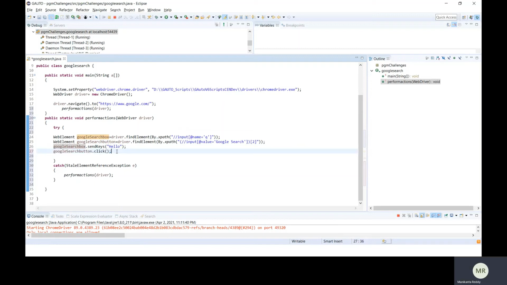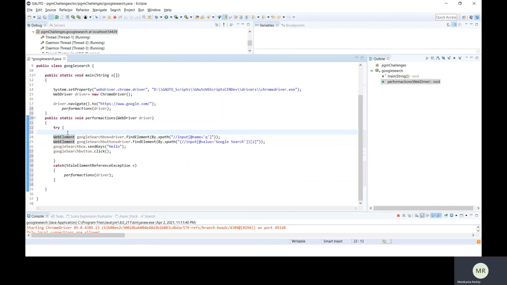So in case of any stale element exception, it's going to come into the catch block where it's going to catch any stale element reference exception, and it's going to call performActions once again. So it will do the same thing, that is finding the element. It's going to find the element once again since the element is refreshed, and then it performs the actions. Similarly, if it catches the stale element reference exception again, it goes to the catch block and does the operations. So the script doesn't fail in case of stale element reference exception.